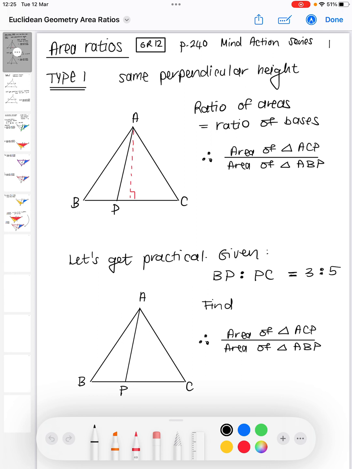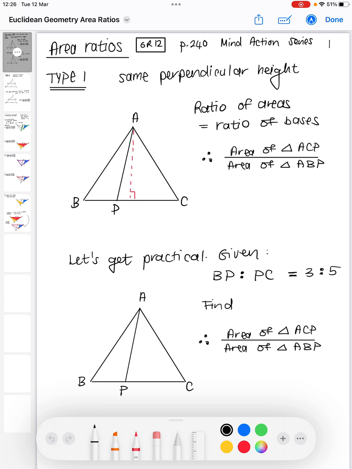So on page 240 we encounter two types of areas, or area ratios, that we should be able to distinguish when working through exam examples. The first type is where we have triangles with the same perpendicular height. What we realize from type 1 is that the ratio of the areas should be equal to the ratio